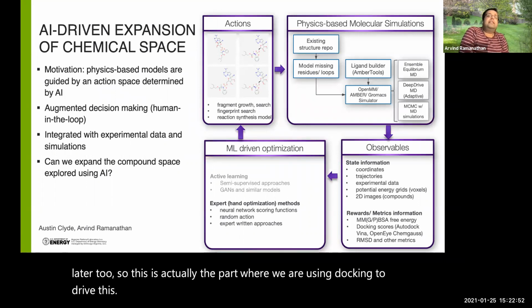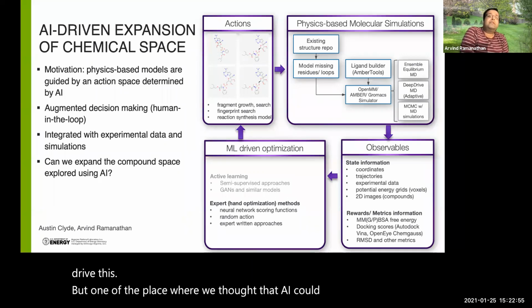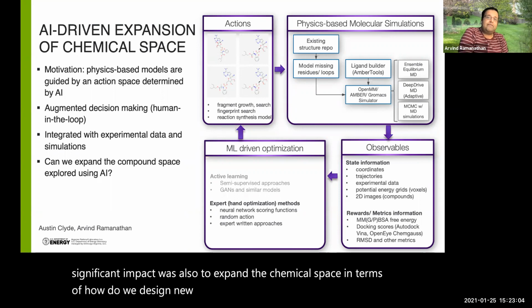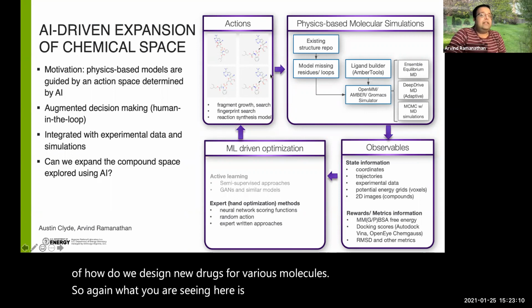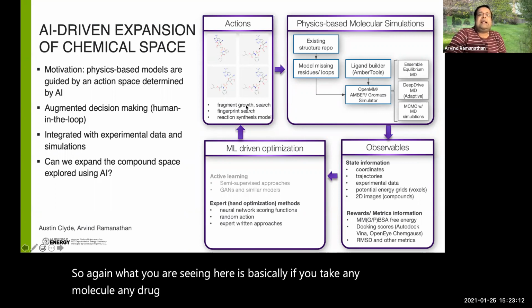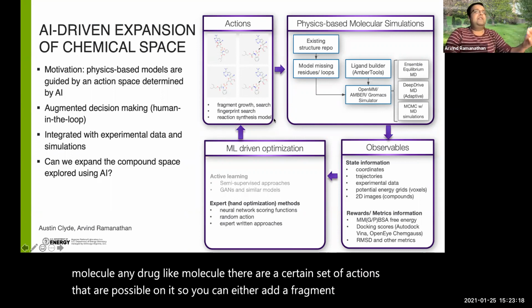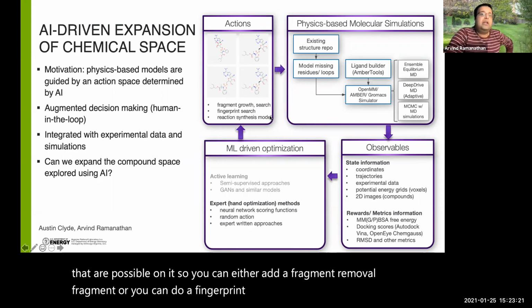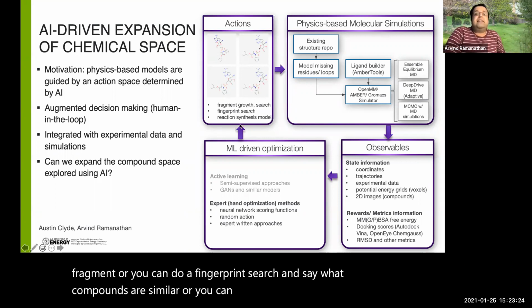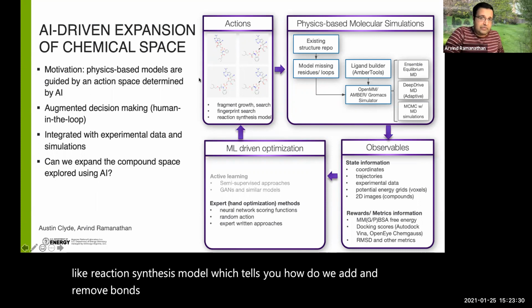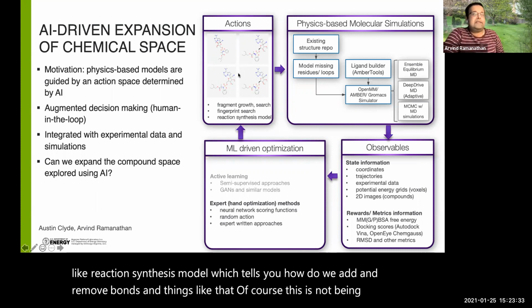But one other place where we thought that AI could have a significant impact was also to expand the chemical space in terms of how we design new drugs for various molecules. So again, what you're seeing here is that if you take any drug-like molecule, there are a certain set of actions that are possible on it. You can either add a fragment, remove a fragment, or do a fingerprint search and ask what compounds are similar, or you can use a more sophisticated approach like a reaction synthesis model, which tells you how to add and remove bonds and things like that. Of course, this is not being simulated, but we know that these are the actions that are possible on any